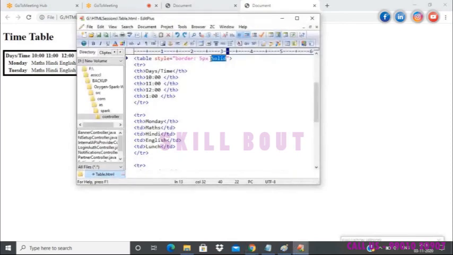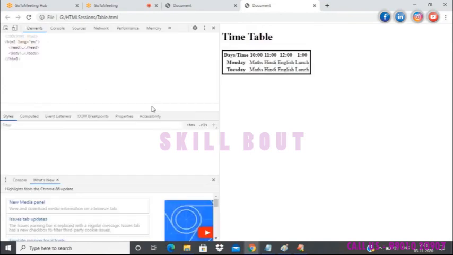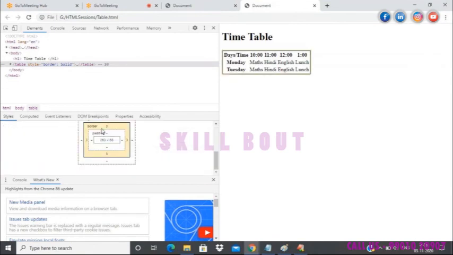Okay. Now the default size, we will check it. This takes the default size. Yeah, you see here. So border we have here solid. It is actually 3px. You can see here 3.